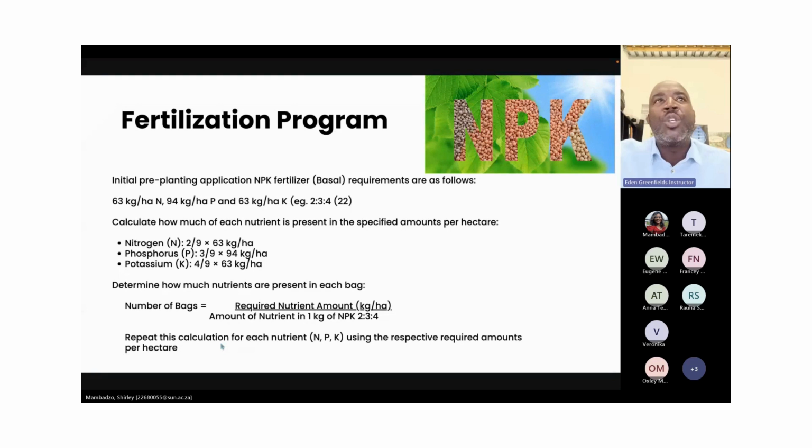So when we say you need to buy 3 bags, for example, of ammonium nitrate for 1 hectare, the nutrients, it doesn't mean you have got